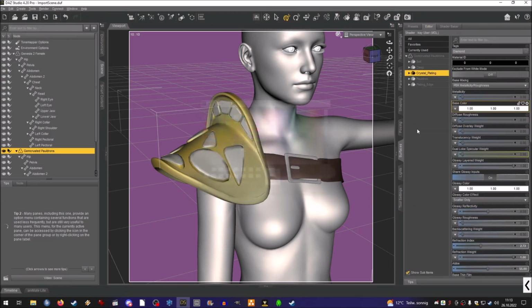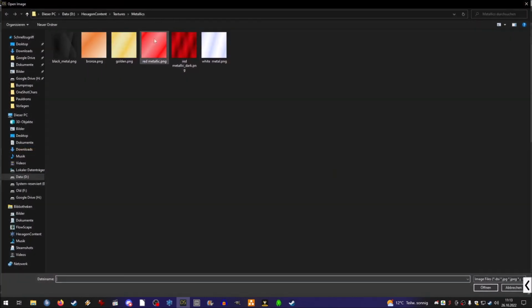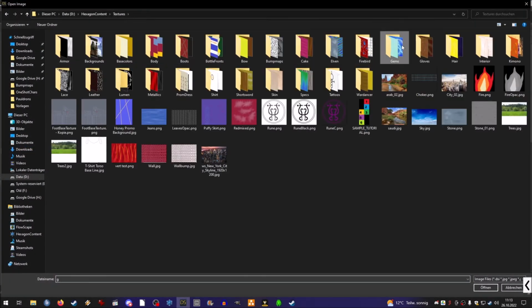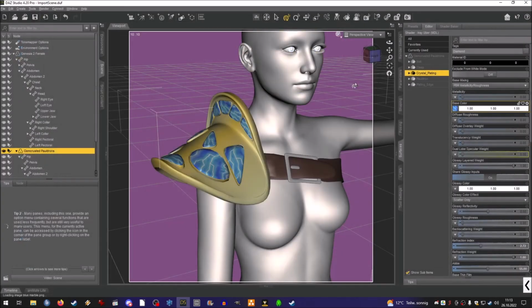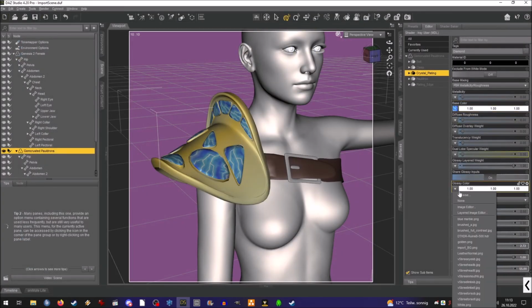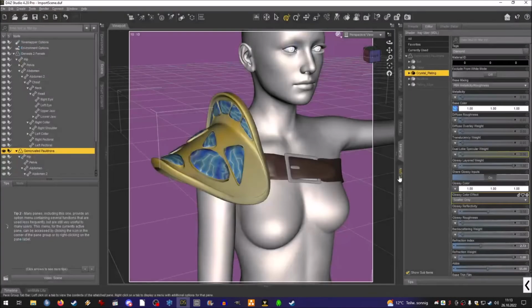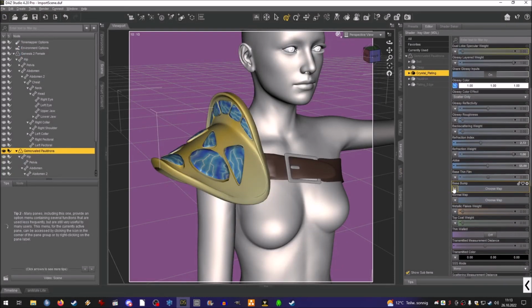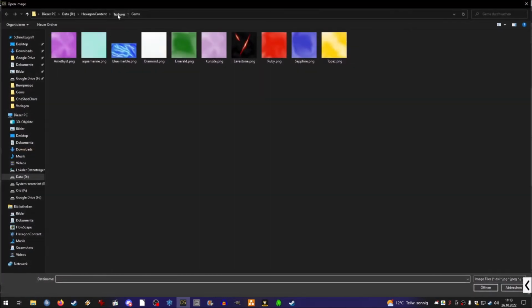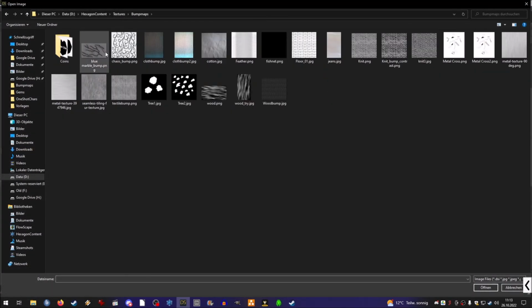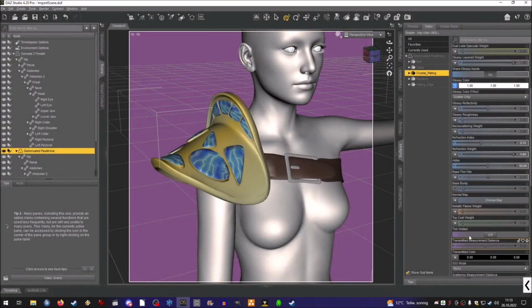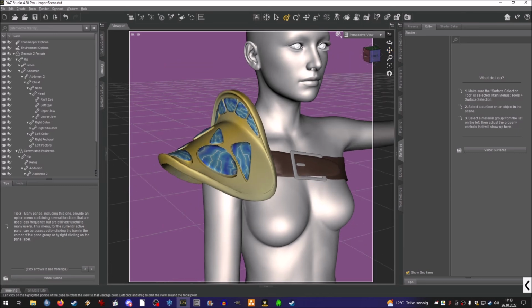Base color will be white with a new texture that I made. We also need to set this to glossy, and we're going to set the base bump with this. We're going to set this to 0.2, and